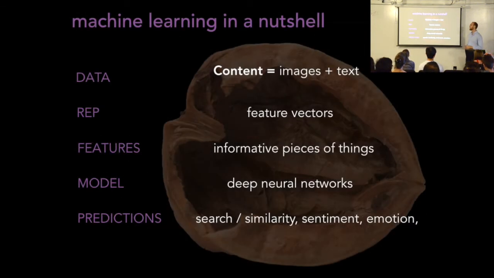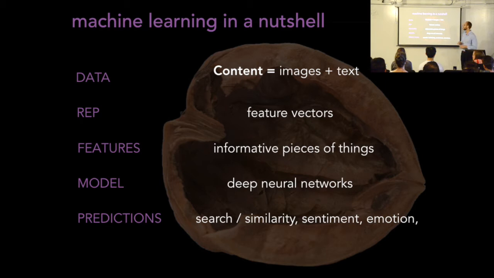Okay, so let's focus it in a little bit. We have machine learning in a nutshell. What does this actually mean in this context? Let's say that our data now are content, and we want to look at content that people are engaging with in order to find people who like the kind of thing they're talking about. Our representation is going to be a feature vector. At Indico, we think of image and text data in terms of feature vectors. We have an API that you can use to digest these feature vectors on your own if you want. It's very low level, but for the data scientists and machine learning people in the crowd, you should totally check this out. It's a really great way to get started and do experiments very quickly.